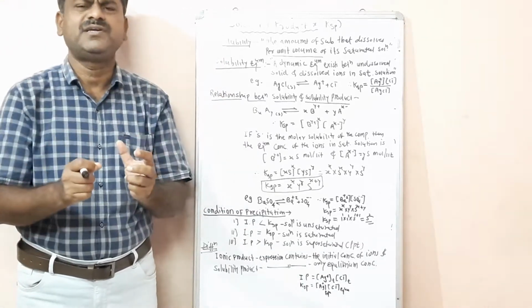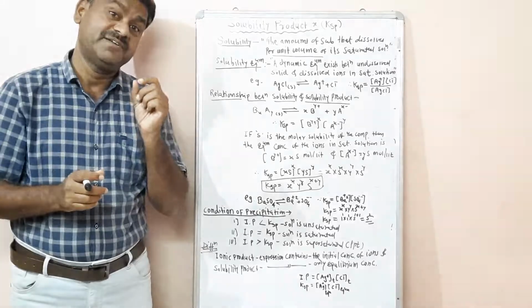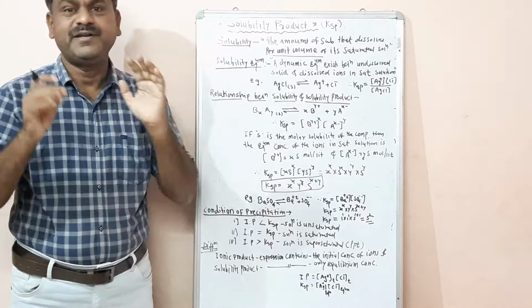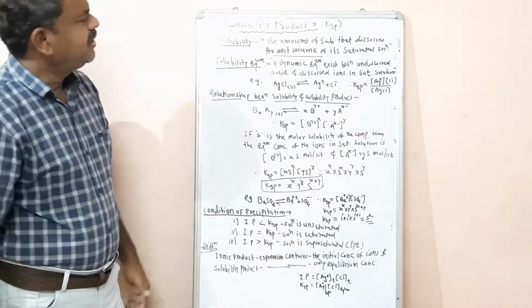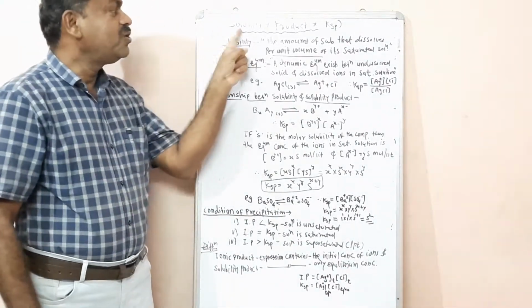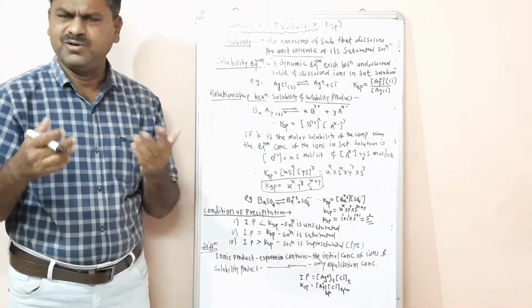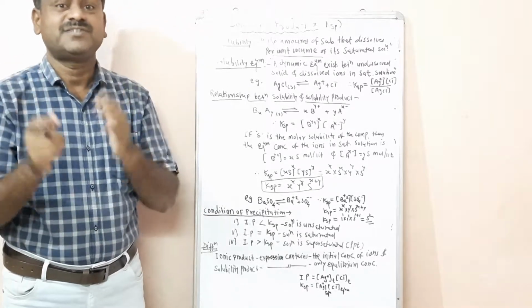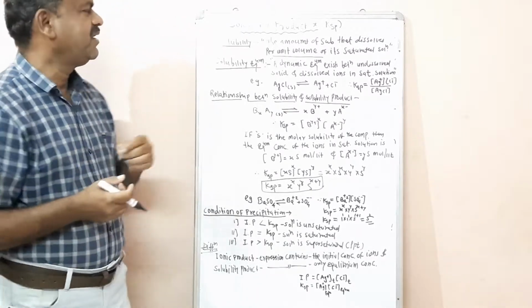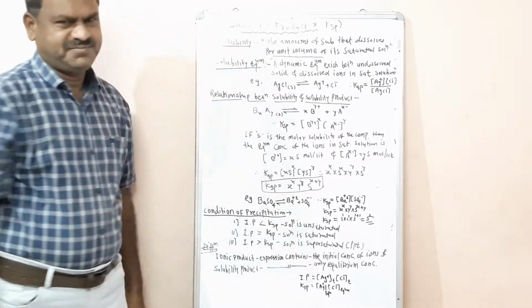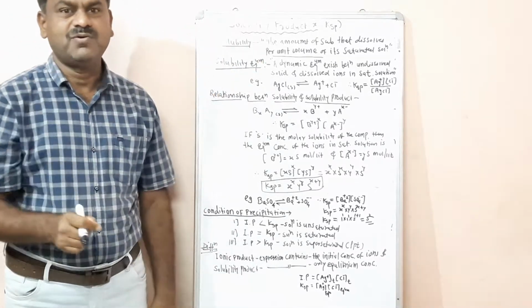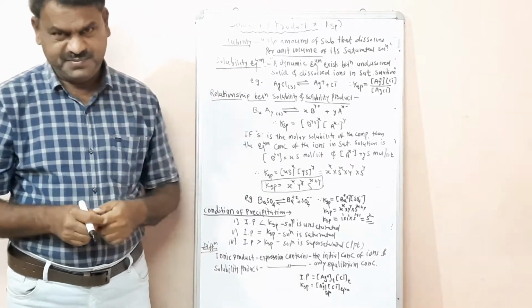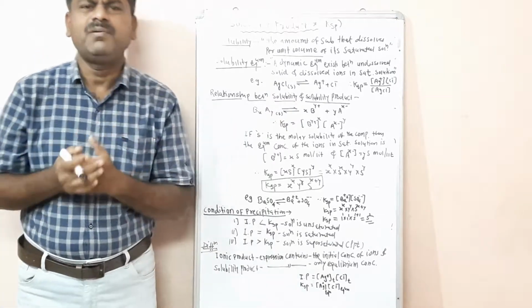The capacity to dissolve that substance is also the solubility of that substance. Then we move on to the solubility product. Solubility is the concentration or the capacity of dissolving the substance in a saturated solution. Now, solubility product. But before that, you must know about solubility equilibrium. Okay. Now, what is solubility equilibrium?